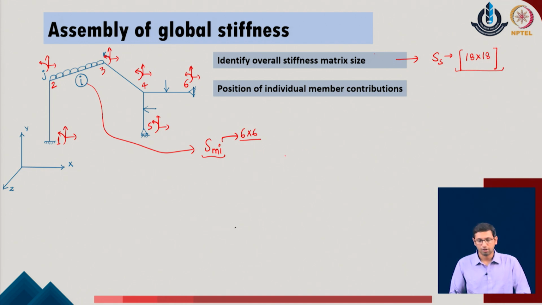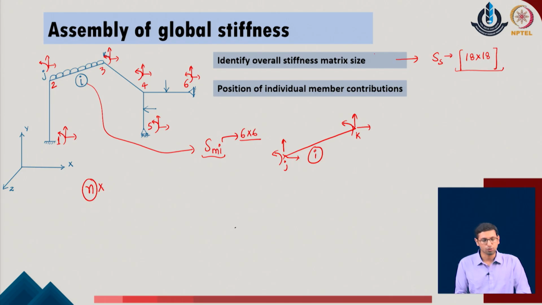It means that for any given member i, the user knows the contribution of the stiffness in the direction of these global degrees of freedom of the given system. These degrees of freedom with respect to joints J and K can be considered in the order of the standard global stiffness of the system, which means that at joint J we have 3 degrees of freedom assembled. So, I will not go with the numbering 1 to 6 in the given problem, but will first generalize it with respect to the joints J and K. As we have a total of n joints or n nodes in the given problem, at each node we have 3 degrees of freedom.